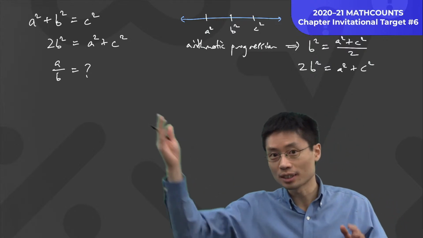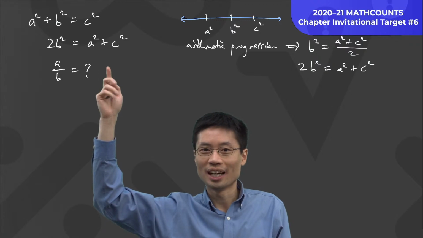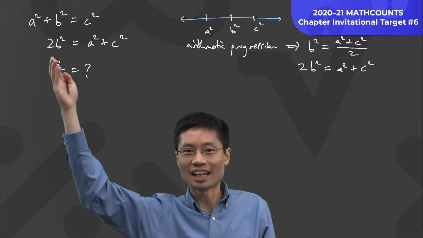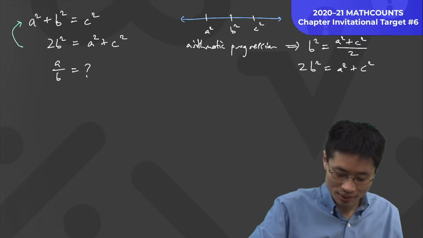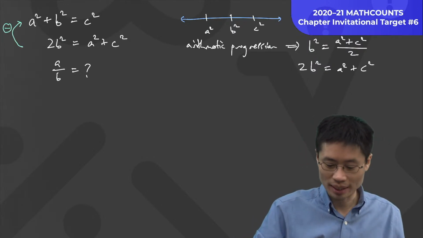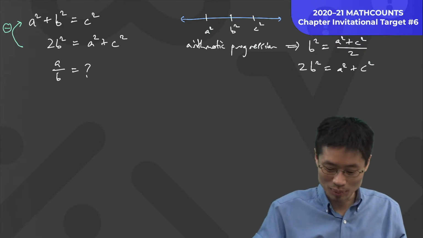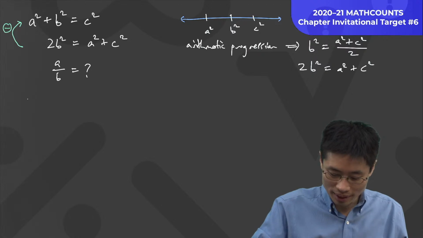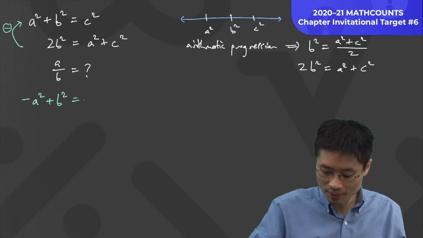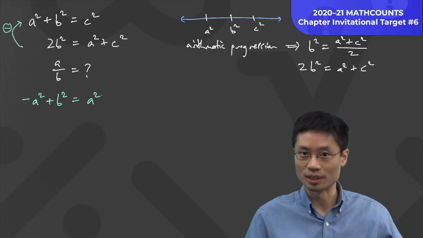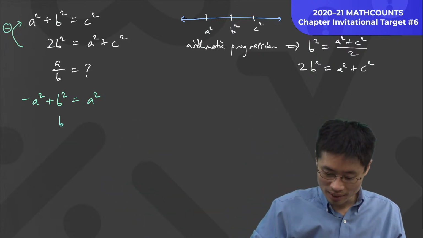So now if I have this bunch of equations, I don't like c at all. So what can I do? I can subtract the equations. I can take the second equation and subtract the first equation. Watch what happens. I'm happy to do this because the c squares are going to cancel, and all that's left is a's and b's. So I'll be left with negative a squared plus b squared is equal to a squared. Now this is good because I care about a divided by b. So let's add a squared to both sides. B squared is equal to